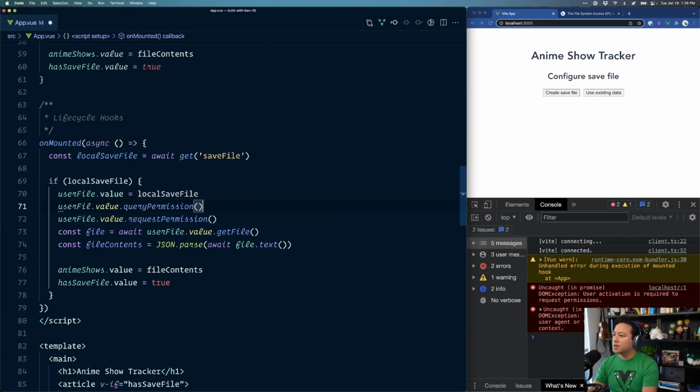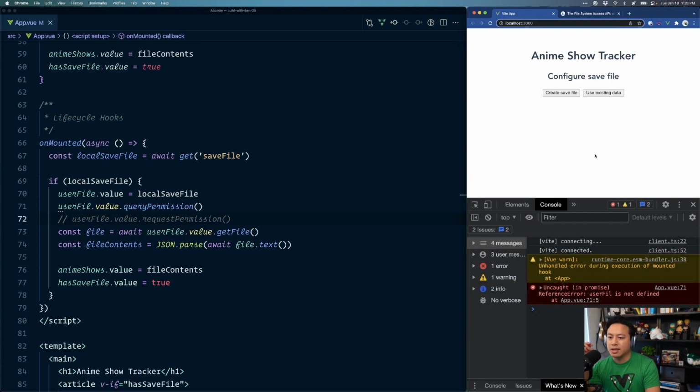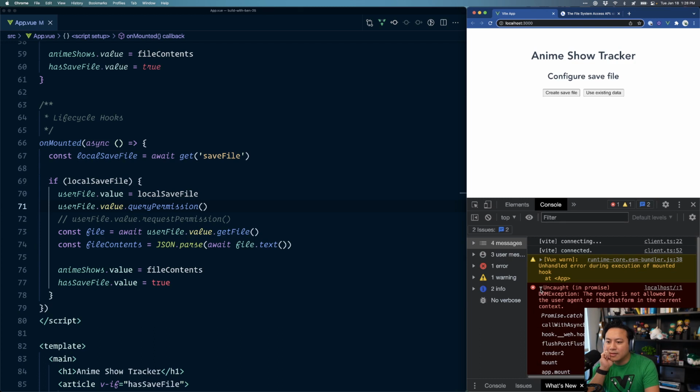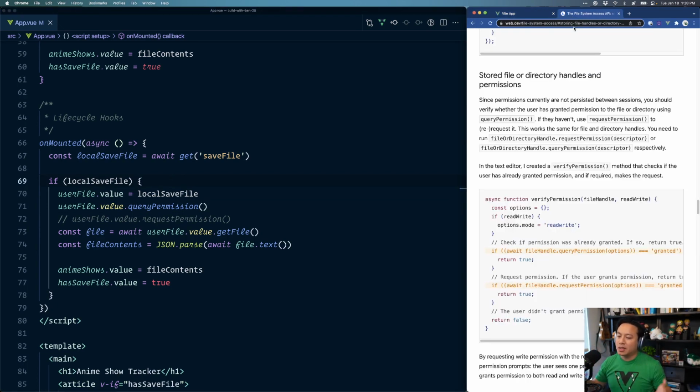Let's comment out user file.value.query permission. Looks like I may get stuck on this one this time. User file, refresh. Yep, rats. I wonder, nope. Okay, so for the sake of having a proper closeout,